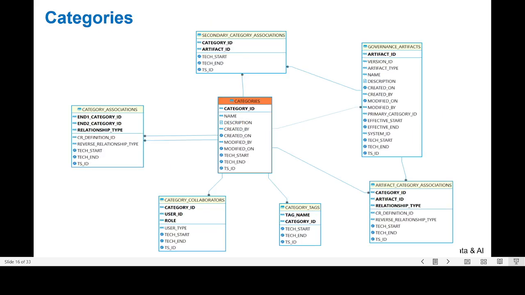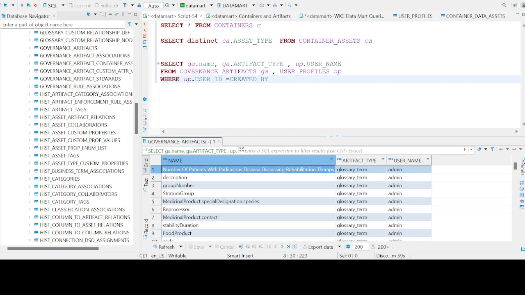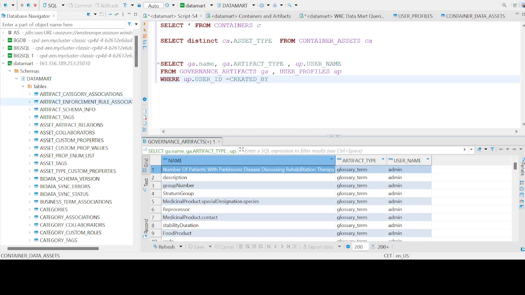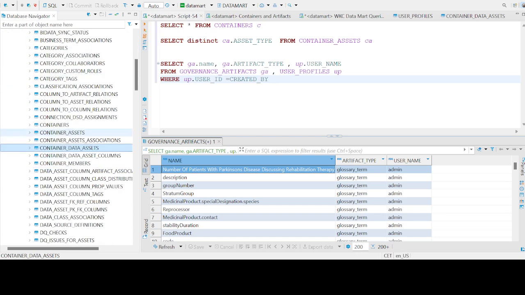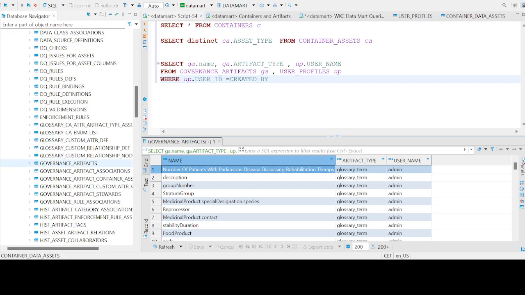All the documentation, these are some of the main tables you can use. There are others around quality that I'm going to show you now. Let me jump to dbViewer so I can go back to all the tables. So here in dbViewer, I have the tables I have shown you, the ones related to containers, container assets, about categories,